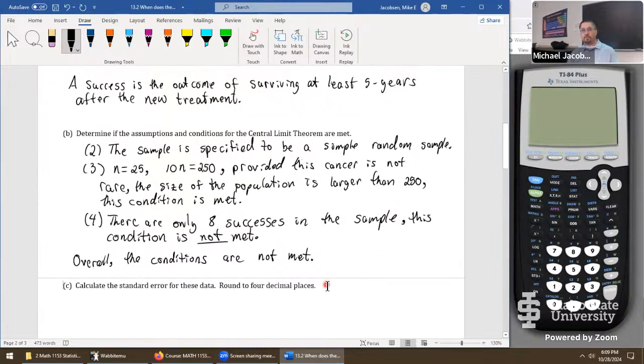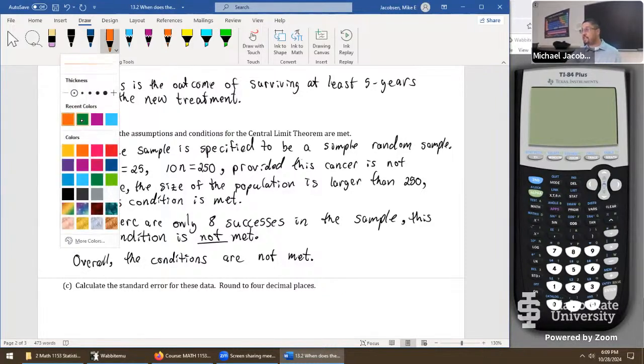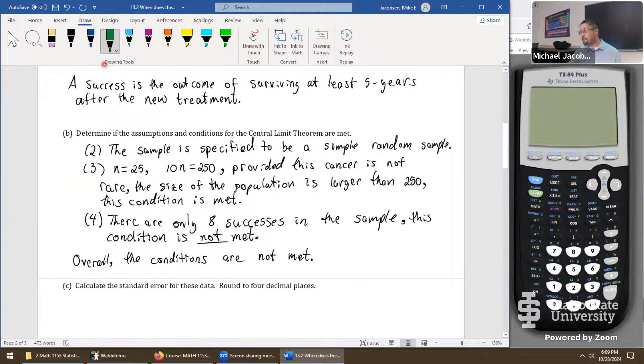This last part is just more of a review. This is a major part of actually doing the confidence interval formula. So we're getting to that major procedure step by step. To calculate the standard error, we first need this thing, p hat. P hat is defined to be the sample proportion of successes.